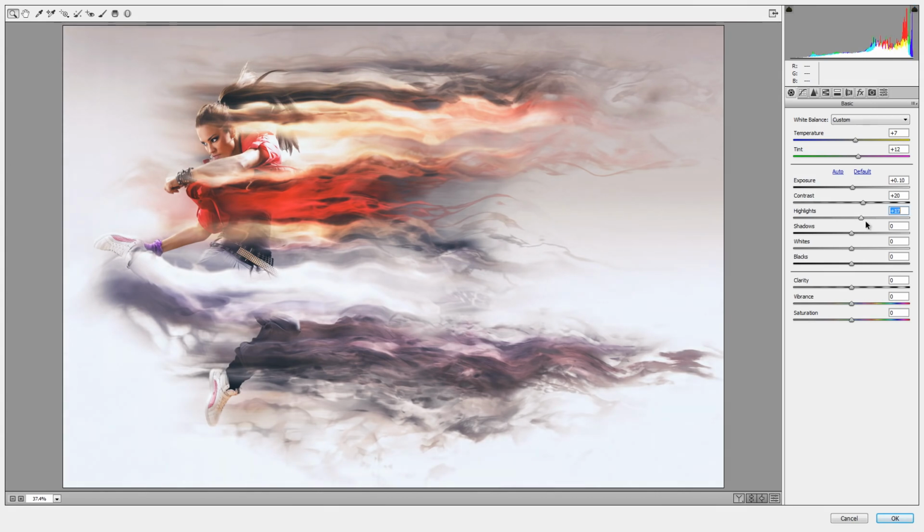You can adjust the brightness of the highlights, so it might be hard for you to see there, but the whites, I can bring the whites all the way down, but I won't, I'll keep it there. The shadows, you can increase the darkness of the shadows. I'm going to bring it up a bit. The whites, probably leave it how it was, and the blacks,